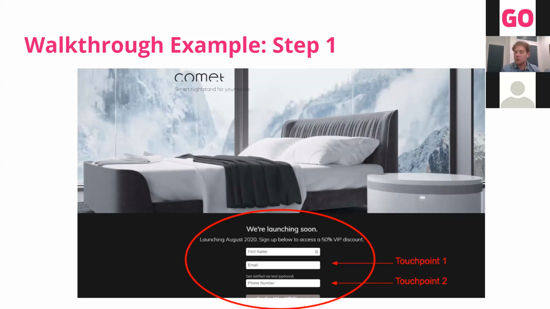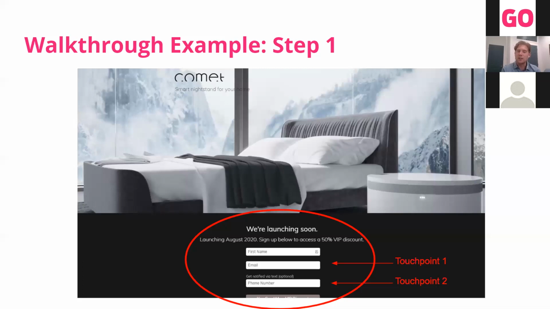So this is a pre-launch landing page, similar to the Indiegogo one we saw before. This is off of Indiegogo. And on this pre-launch landing page, in addition to asking for the first name and email address, we have an optional field for the phone number. About 30% of people who fill out this form will add their phone number. So a lot of people don't, but 30%, if you're building a list of 10,000 people, that's 3,000 phone numbers you're going to get hold of to communicate with people.